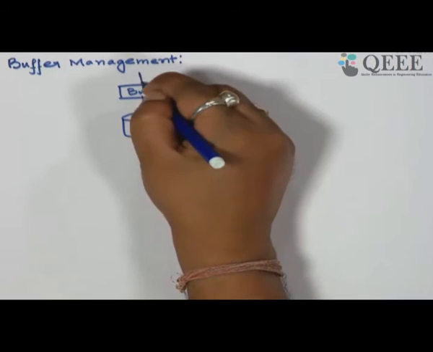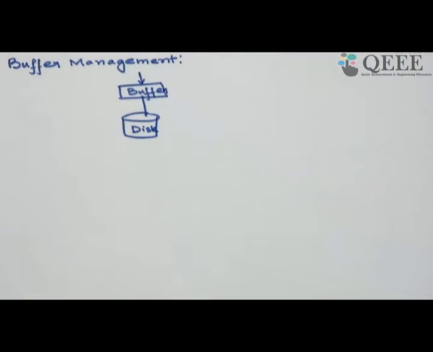So when the query is processed, if some data is already there in the buffer, I need not read a disk. Note that a point to be always kept in mind is that disk read and write are very costly compared to buffer. To give you an idea, the ratio of the time required to get data from the disk as compared to get data from the buffer is the same as the ratio from here to my table that I am sitting in front of, and from here to the moon.